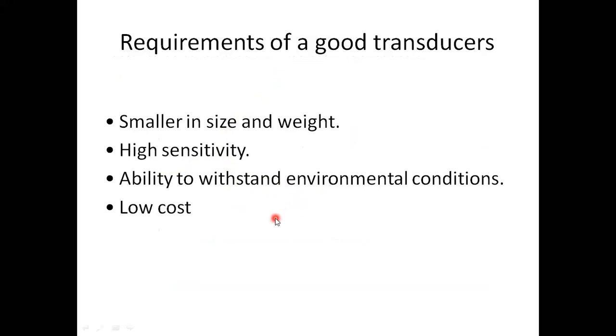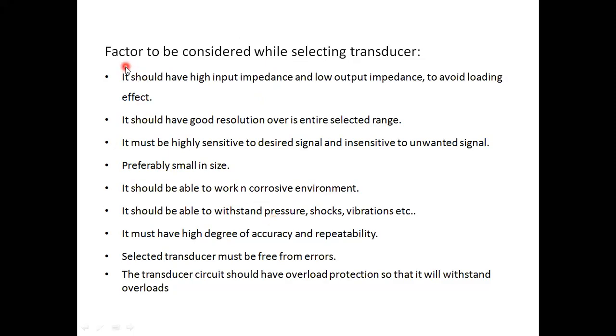In addition, the instrument has some characteristics like fidelity and speed of response also, right? Fidelity and speed of response are also characteristics which you have to consider when selecting a transducer. Speed of response means the rapidity with which the instrument responds to the input and gives output. And sensitivity is the ability of the system to respond to the smallest change in the input. So sensitivity and speed of response must be good while selecting a transducer or an instrument for the purpose of measurement,